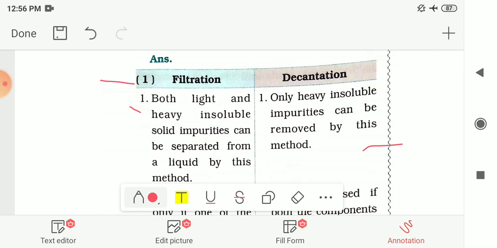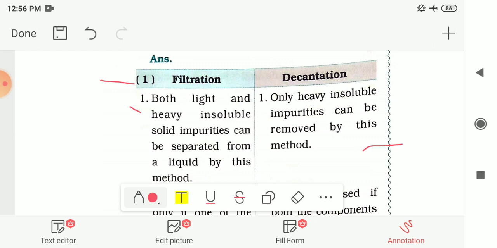If the impurities in the water are heavier in weight and insoluble in the liquid, then we can separate these impurities from the liquid by the method of decantation. And by the method of filtration we can separate both types of impurities, that is, either heavier or lighter.